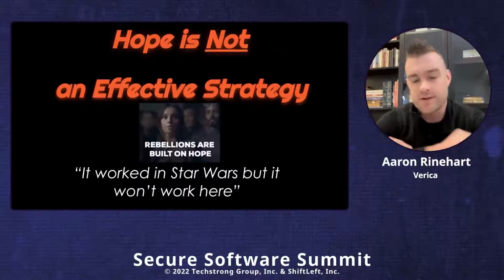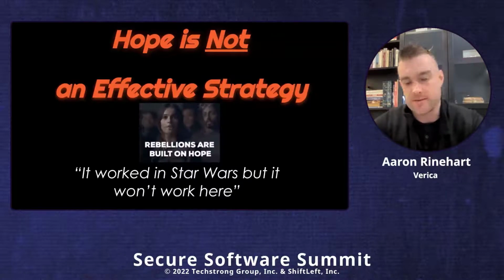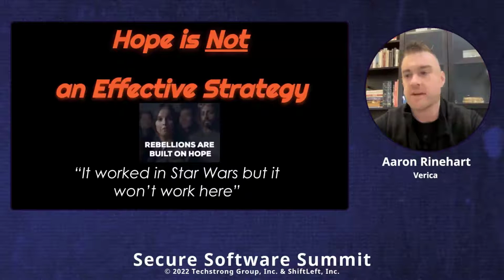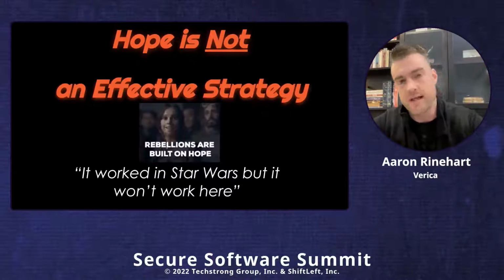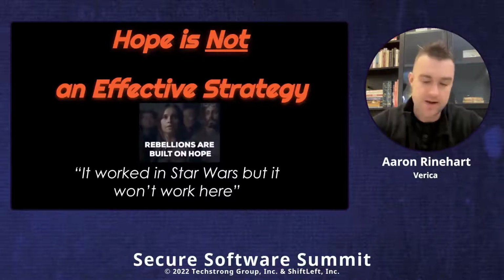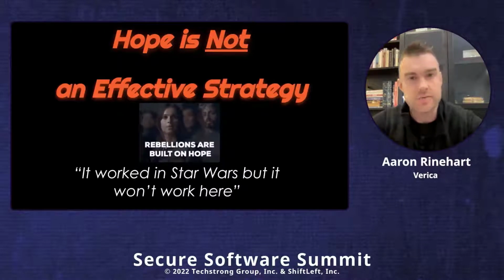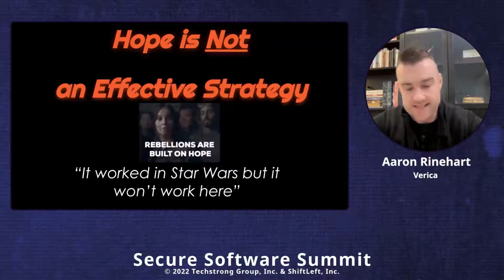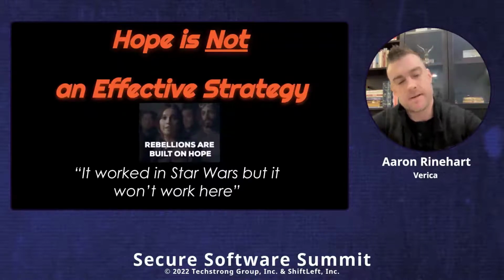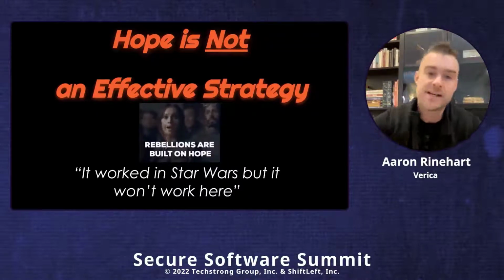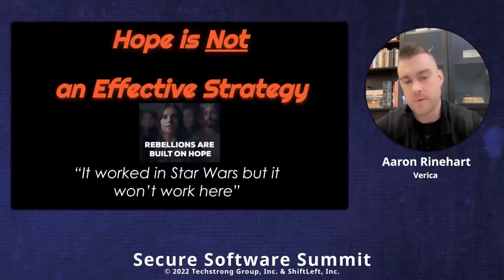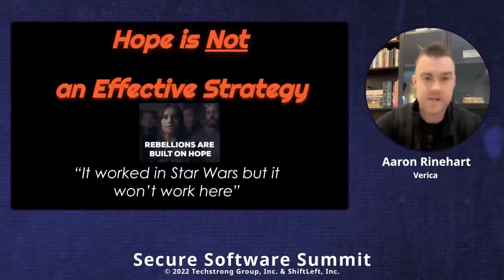I love to start off a good talk on security chaos engineering talking about my two favorite things that we don't believe in engineering. So as an engineer, we don't believe in two things. We don't believe in hope. We don't believe in luck. I mean, we believe in data, instrumentation. We believe in feedback loops. We believe in context, and those help us understand what didn't work or what did work, so we can improve the system and get better at what we do. So things like hope, I mean, it's not an effective strategy. I mean, it worked in Star Wars, but it doesn't work for us.